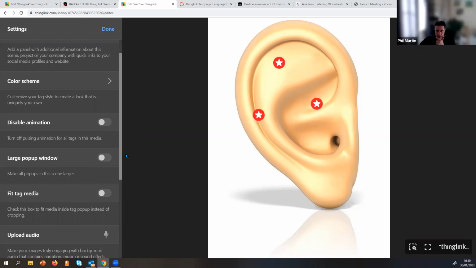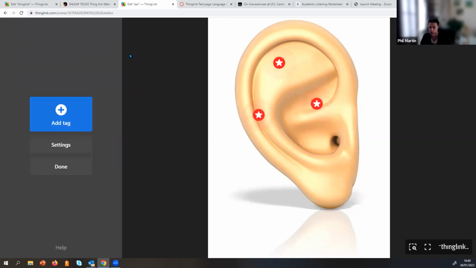Sorry to interject, I was just thinking, Alison, when you were saying that, if you're using it to link to parts of your VLE that are already tracking students' activities, then presumably you set it up on the VLE and then use your Thinglink as your overarching navigation tool. Yeah, because in that Thinglink,